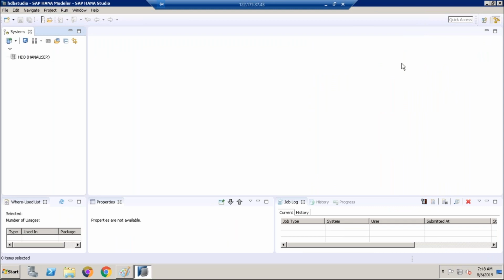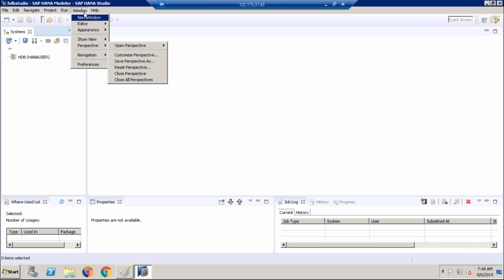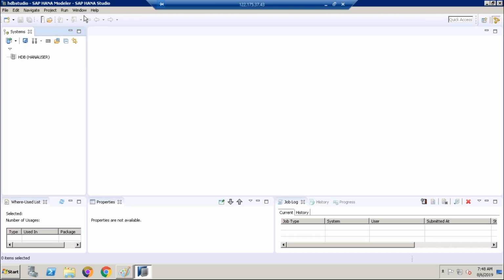If you want to work with AMDP, we need to select this perspective. We need to work with the ABAP perspective. The ABAP perspective is similar to the SE80 transaction code, guys. Whenever you double click on HANA Studio, you will come to this place. This is your screen, Eclipse, an Eclipse or HANA add-on.